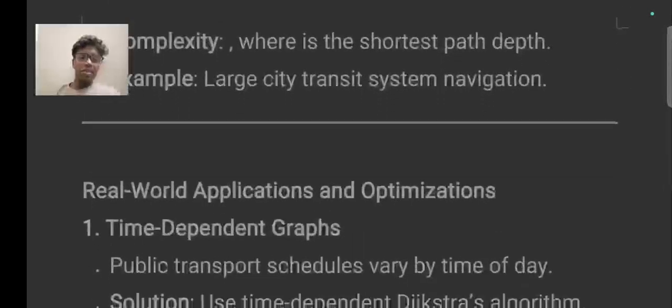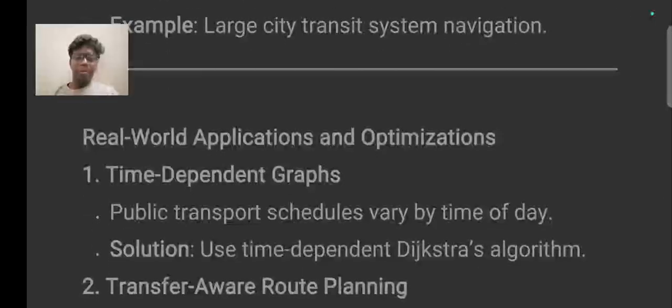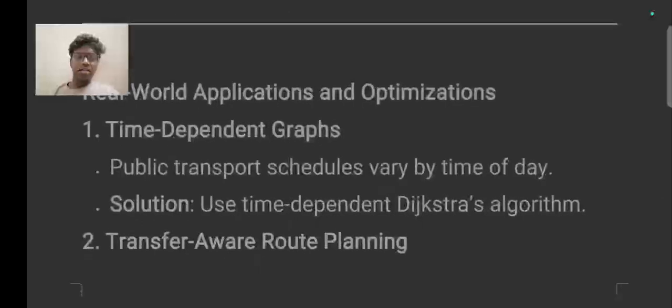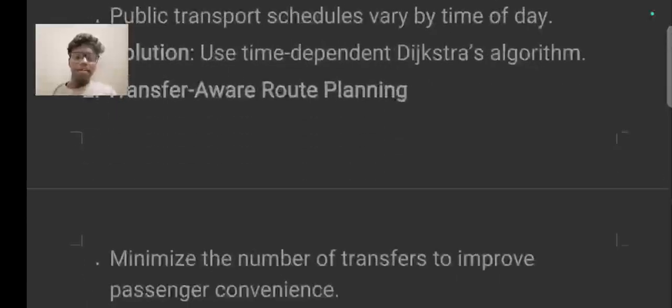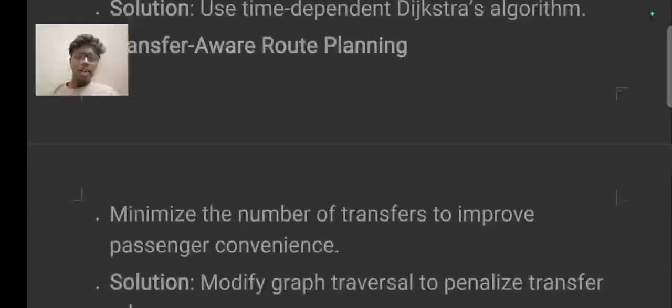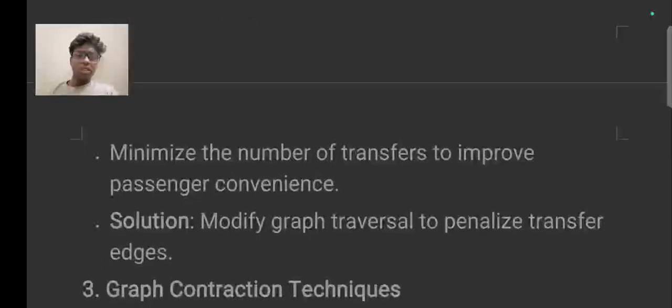Real-world application and optimization. Time-dependent graphs: public transport schedules vary by time of day. Solution: using the time-dependent Dijkstra algorithm. Transfer-aware route planning: minimize the number of transfers to improve passenger convenience. Solution: modify the graph to